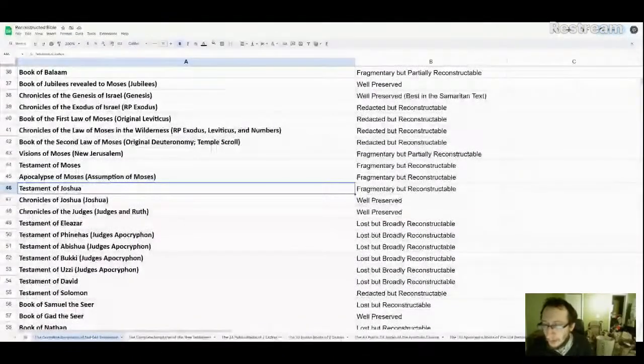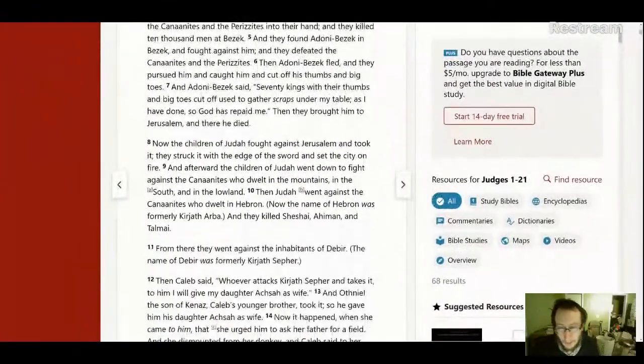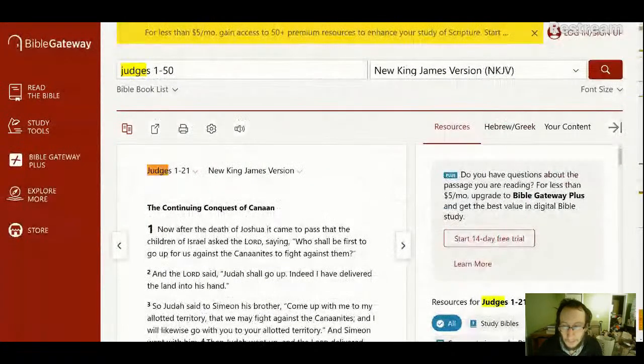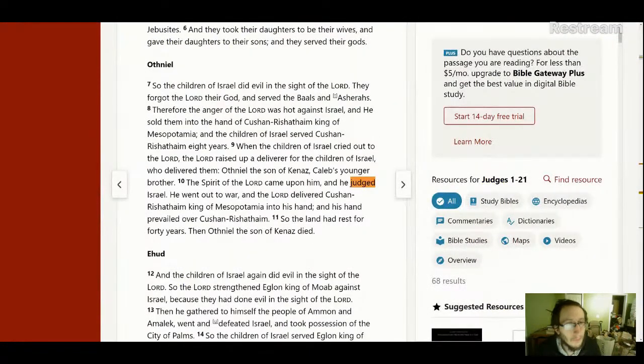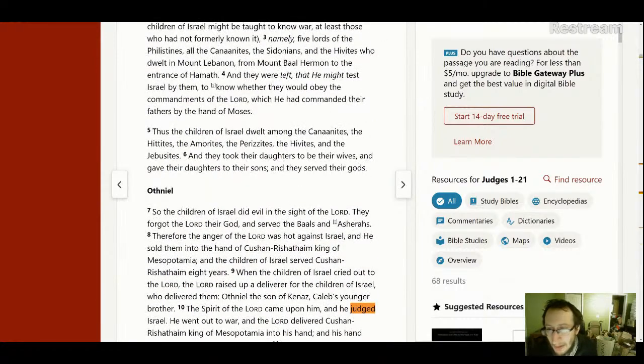So now we have the Book of Judges, right? Let me show you guys something for a sec from the Book of Judges. Something that just cannot be true, cannot be valid. What I mean is cannot be the original text of the stories of the Judges. So watch. So we have the different accounts of the Judges, right? So we have different ones.